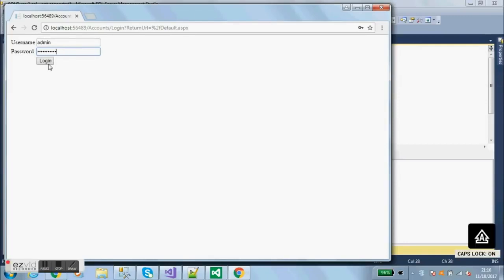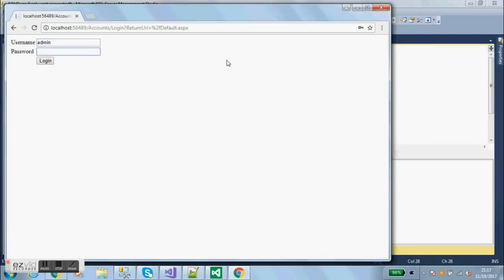Type in some garbage there, log in, and nothing happens. Okay, let's put in the right password. Log in,